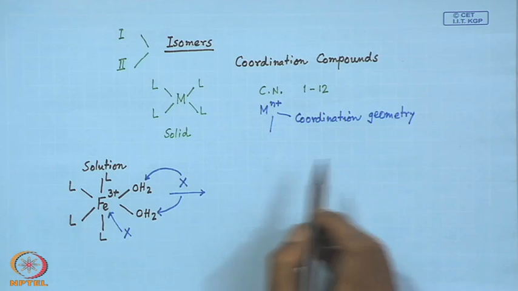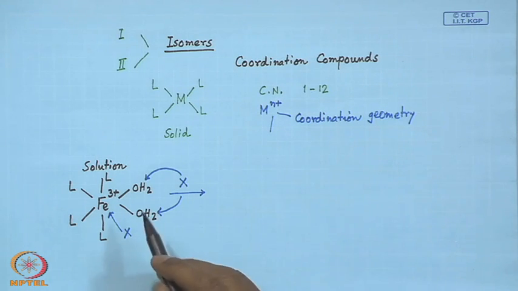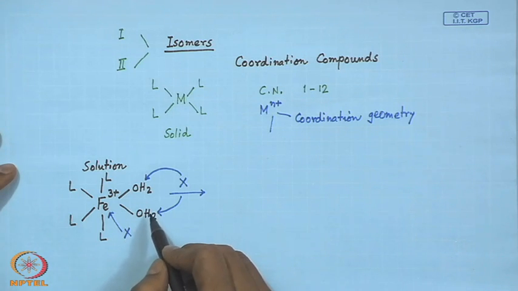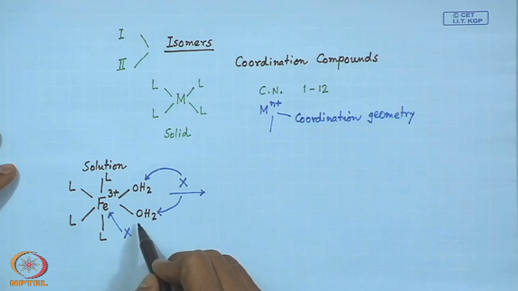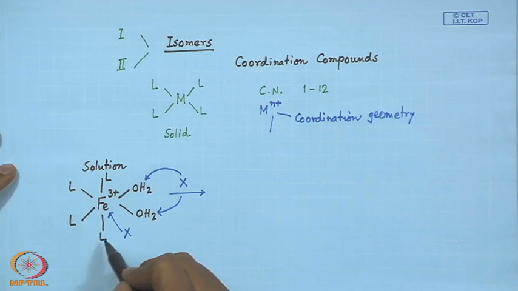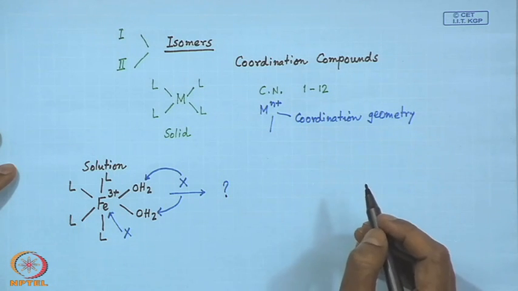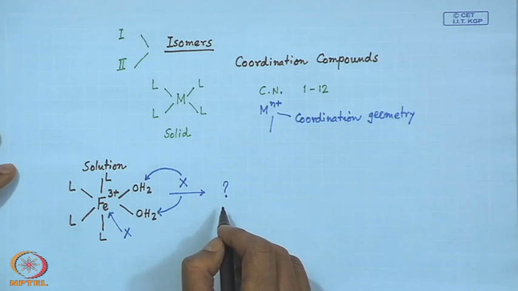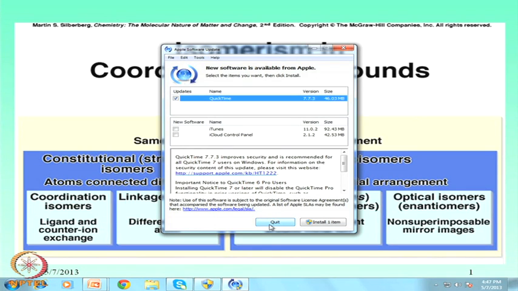for a particular metal ligand system or a particular metal ligand arrangement, then only we can talk about whether, if these two positions are different, occupying X by substituting these water molecules, or X substituting any one of these L groups, can give rise to a different product system, at least in the solution. At least this interaction can take place in the solution phase. So, what we see is that